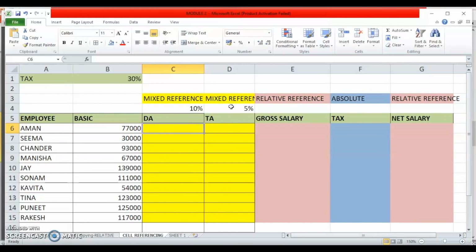So let's see how to do it. I will start by entering the simple formula equal to B6, which is the basic salary, multiplied by C4, which is the rate of the basic for DA. If I press enter, it gives me the correct answer in the first cell, but let's